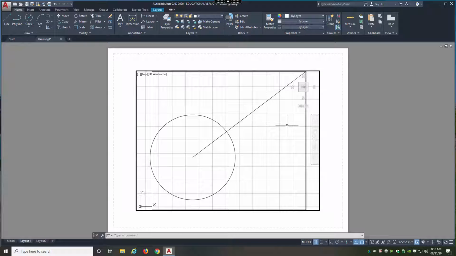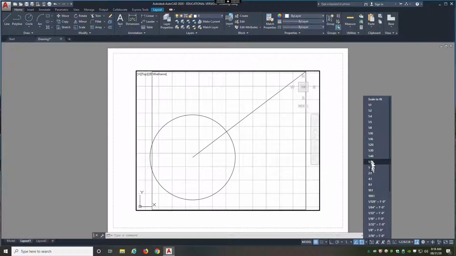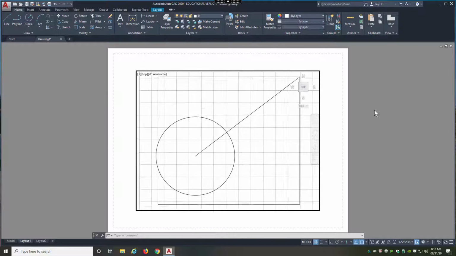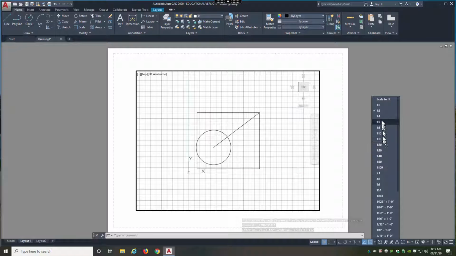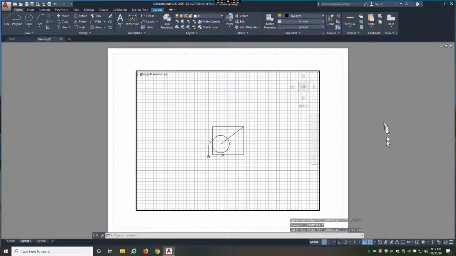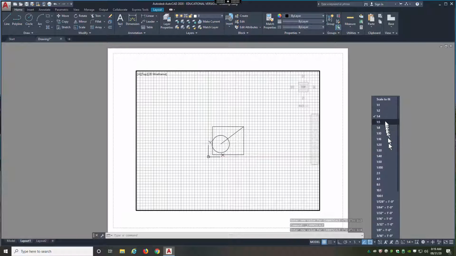All right, so next thing that I want to do is take a look down in the bottom right hand status bar here, and we've got a number, and this number might be a little bit different for everybody. Right now I'm showing 1.228 something, basically close to full size, 1:1. So I'm going to left click on this number, and this is my viewport scale. We should always be scaling our drawings, right? So you might be at a 1:2 scale or half scale, and that will scale it down. Then I'll click on that number again, maybe quarter scale, depending again how big you drew this. I'm going to go to 1:1,